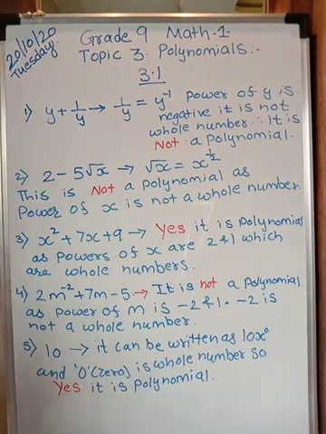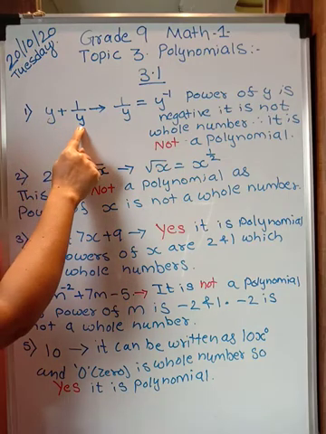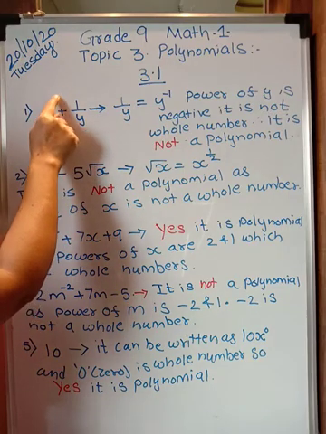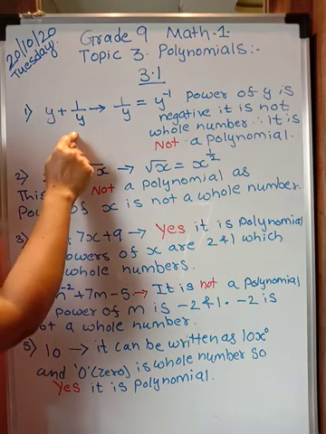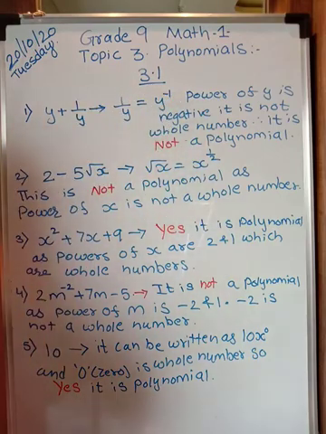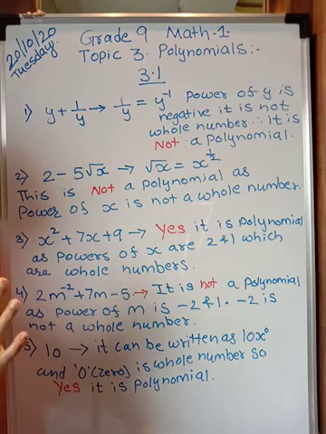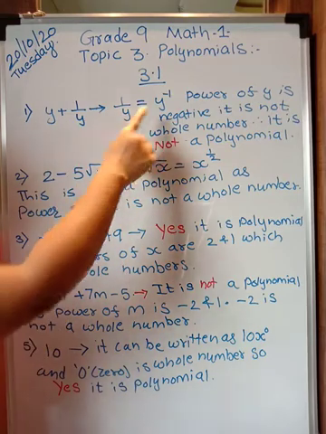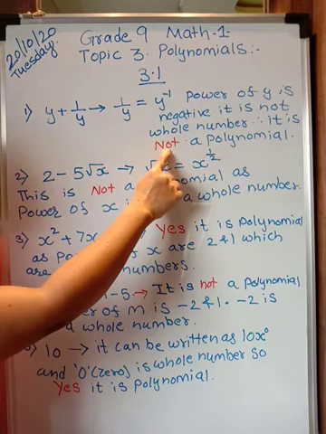Now depending on what we have learned just now, let us do question 3.1 first. State whether the given algebraic expressions are polynomials and justify. You may pause the video and write it down in detail. Let me explain to you. Now see, first is y plus 1 by y. y has power 1, no problem, it is a whole number. But look at this 1 upon y term. 1 upon y can be written as y raised to minus 1 and therefore this is negative. You know whole numbers start from 0, 1, 2, 3, 4, all positive integers. So negative integers or fractions are not whole numbers and therefore this cannot be a polynomial.